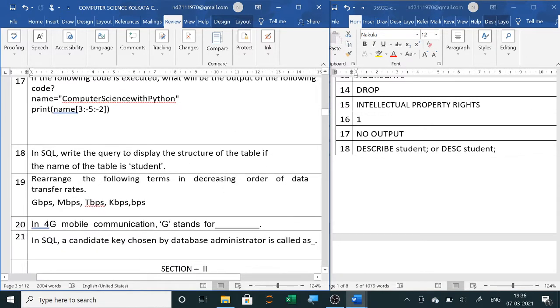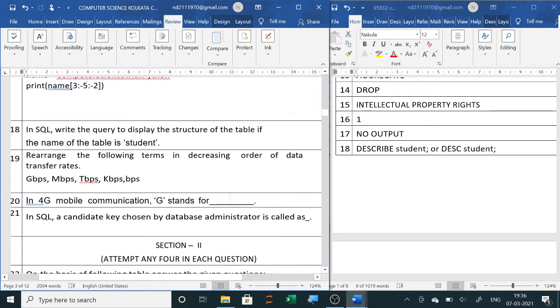Because 3 to minus 5 is in forward direction. If plus 2 is written, then we can show the output. But minus 2 is not possible because you should go from left to right, and step value minus 2 means right to left. So this answer, here you will write no output.